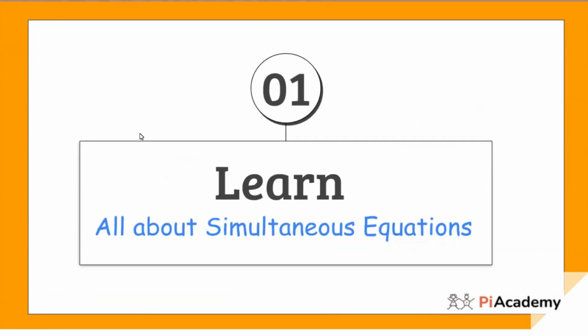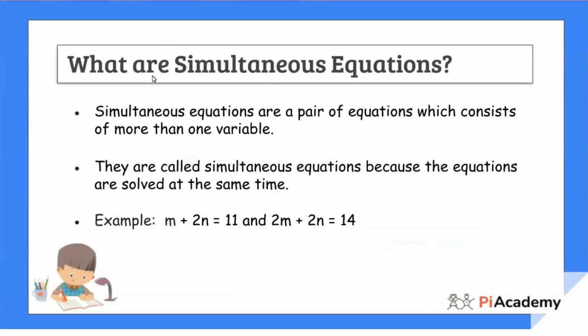Let's start learning, okay? Here we are going to start all the things about simultaneous equations. So the first question is, what are simultaneous equations? Let me tell you about it. Simultaneous equations are a pair of equations. So the first condition is what? It should be a pair of equations, okay? Which consist of more than one variable. So it is a simultaneous equation, or pair of equations, which consists of more than one variable,